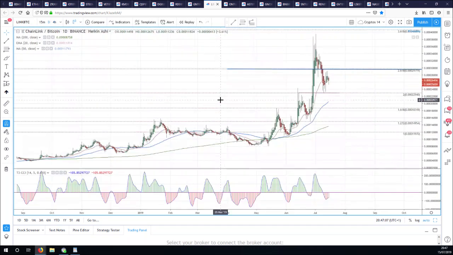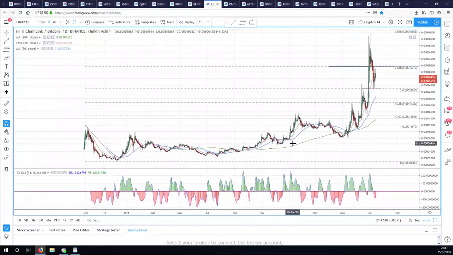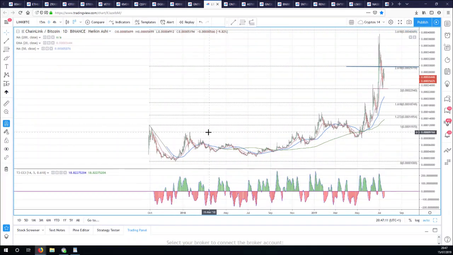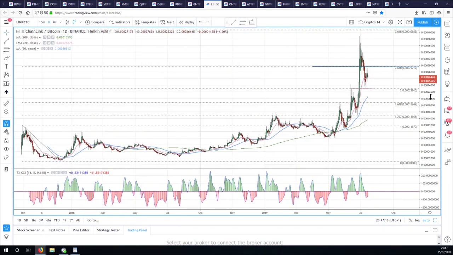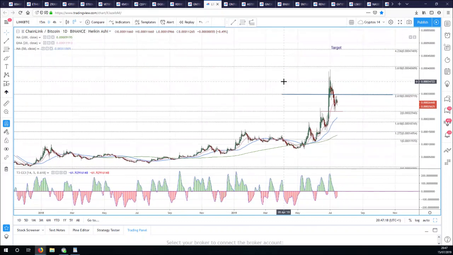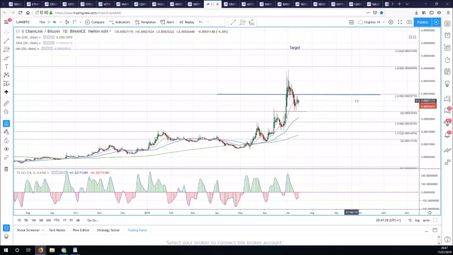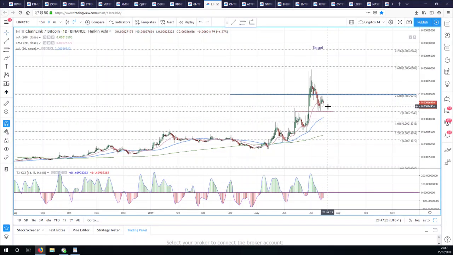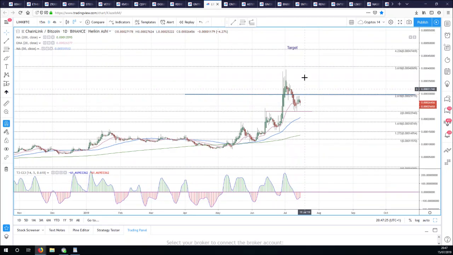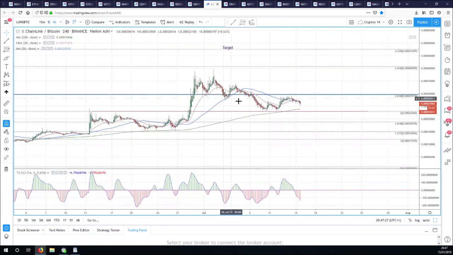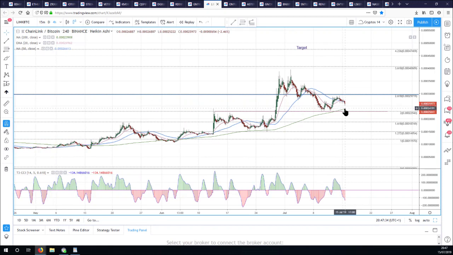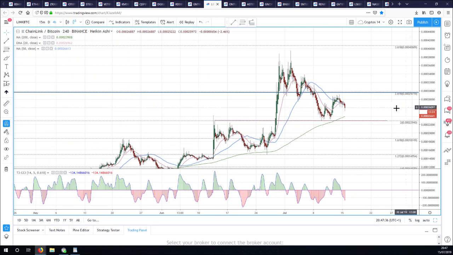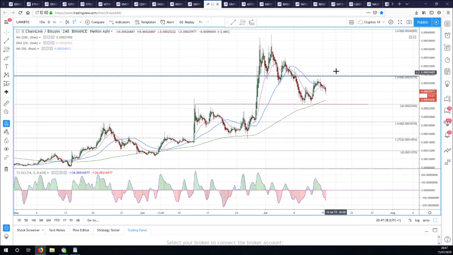Ta-da! Link Bitcoin. What an outperformer this has been. Now, I've done my fib projections for this one from this very first swing lower that we did. They worked really well so far. I'm looking for us to hopefully find some support soon after an ABC correction and turn and rally higher. If we look at this on a 4-hour, this is what I mean. I'm looking for us to make a base on a retest, not lose this 4-hour 200 moving average, and hopefully a higher low and turn higher again.